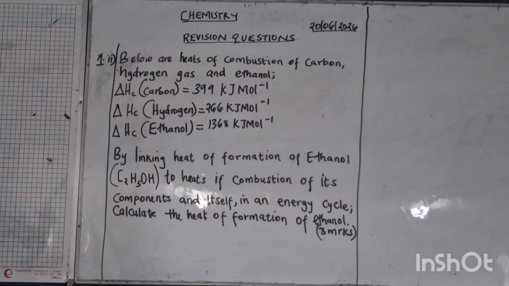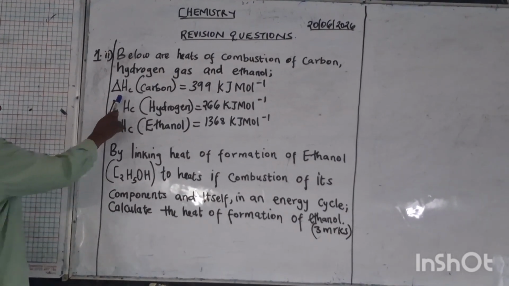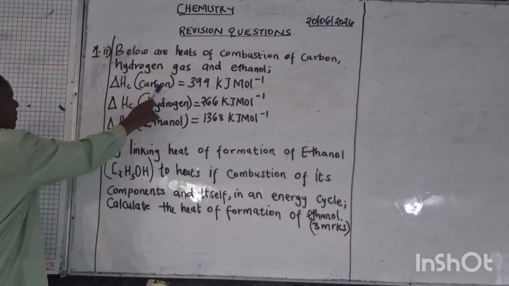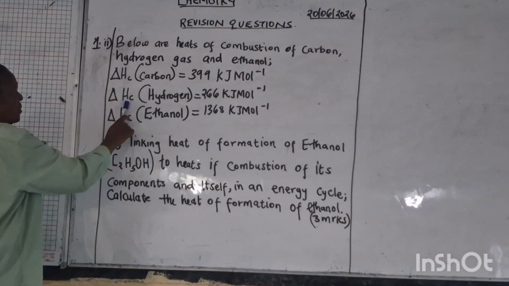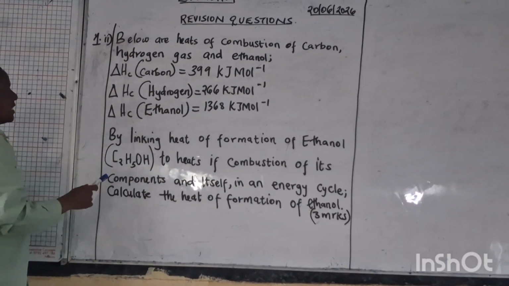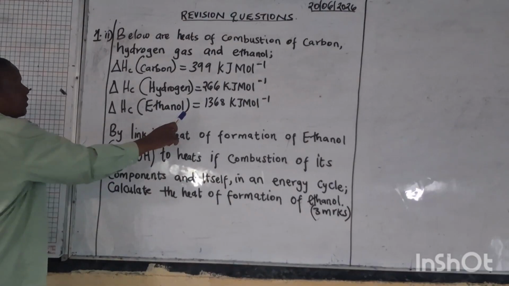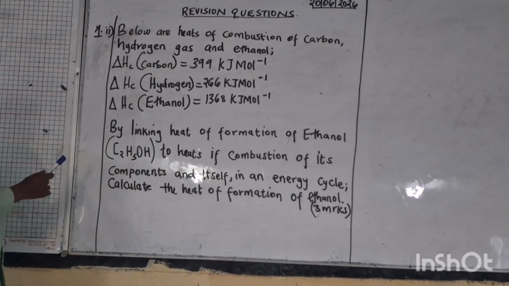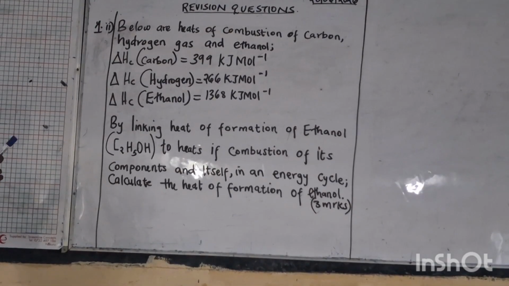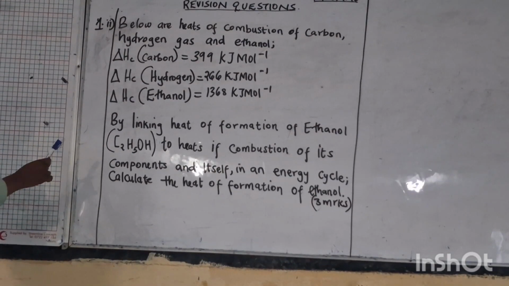Combustion of carbon, hydrogen gas, and ethanol. So this is the enthalpy of combustion of carbon, which is 399 kilojoules per mole. Enthalpy of combustion of hydrogen, 266 kilojoules per mole, and enthalpy of combustion of ethanol is equal to 1368 kilojoules per mole. By linking the heat of formation of ethanol, that is C2H5OH, to heats